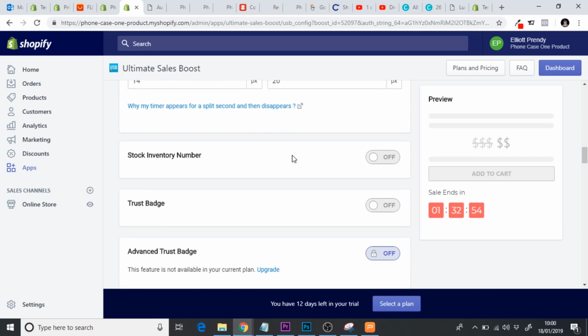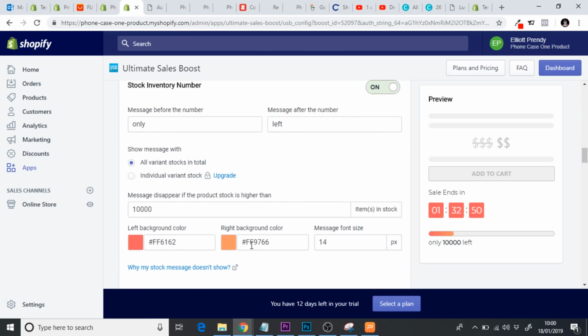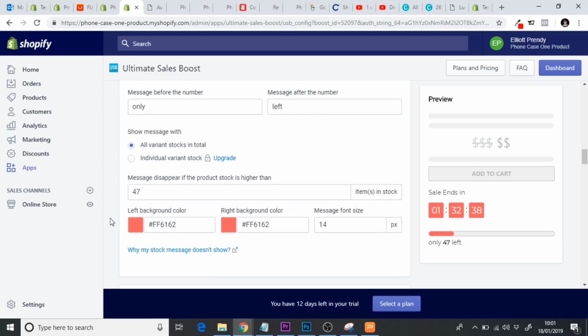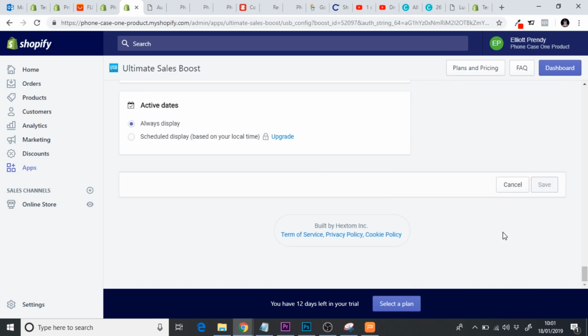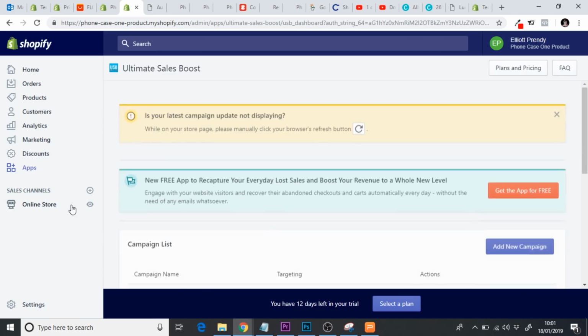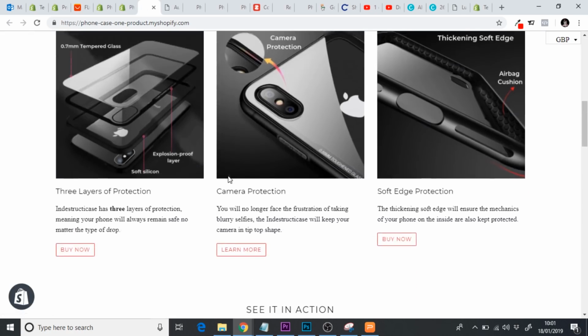So if we just scroll down and go turn on stock inventory number, and hopefully I still can copy this red, and we're going to change this to something fairly low, like 47, just to increase the urgency once again. So we'll scroll down and we'll click save, and we're just going to go and have a look at how that all looks now. So if we go over here and we scroll down, we can click on buy now,